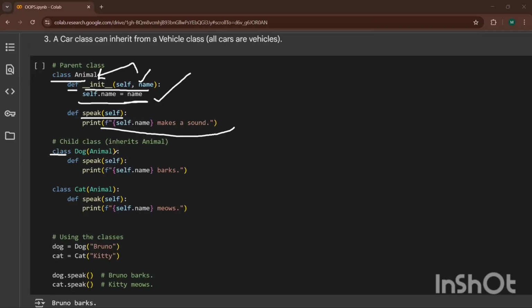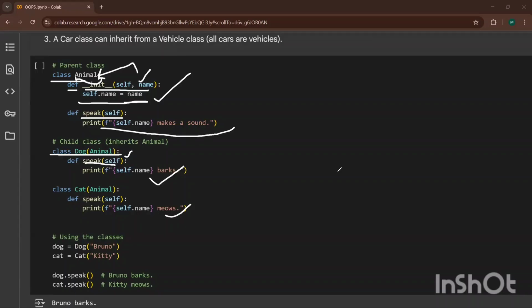Now, class Dog(Animal). Inside Dog, I'm taking parentheses and putting the name of my parent class, which is Animal. Again, speak: barks, and for Cat, meows. Now, is it clear?